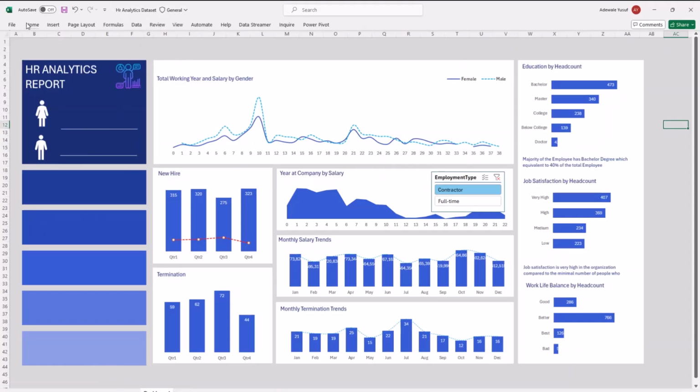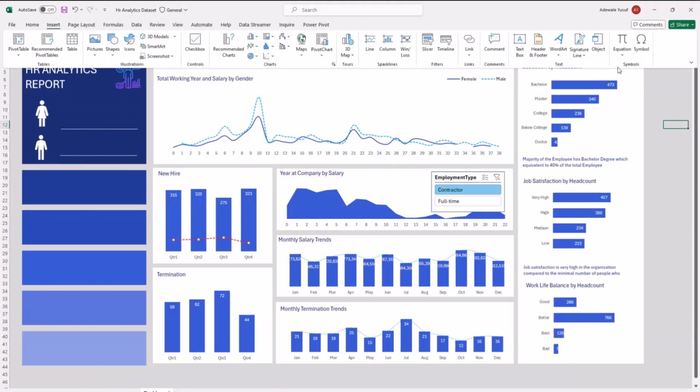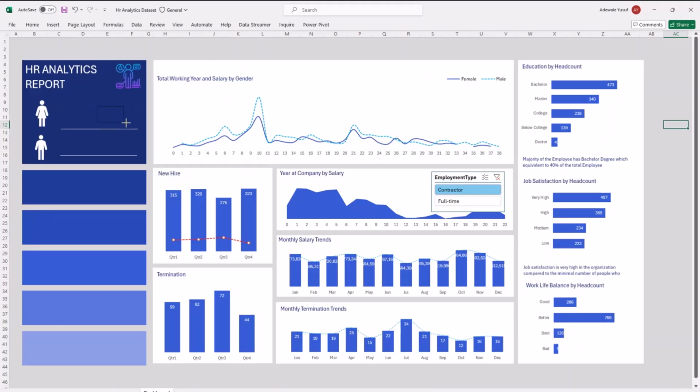So what I need to do now is to go to insert and then create a text box. Just go to insert, then right here I'll see a text box. So this text box, basically, you select the edge of this text box, right? What I want to do now is I want to reference something inside my pivot table.